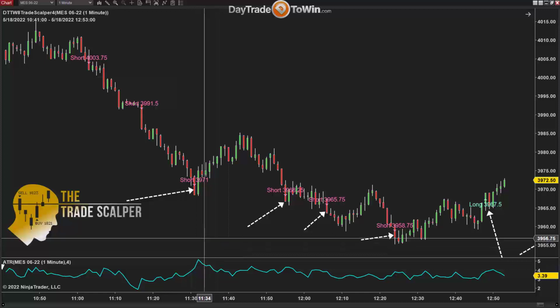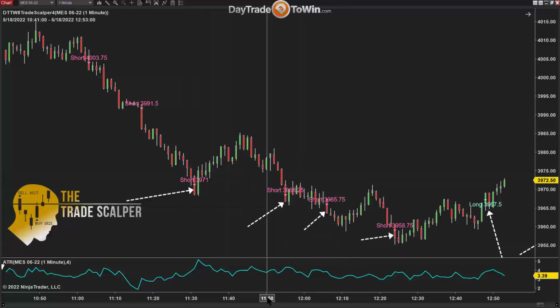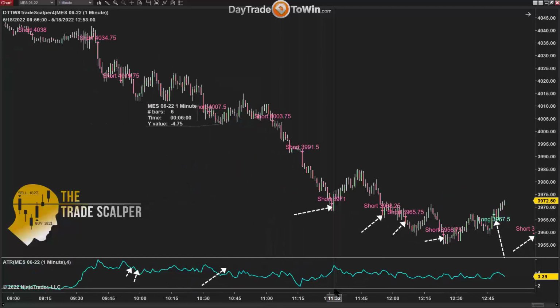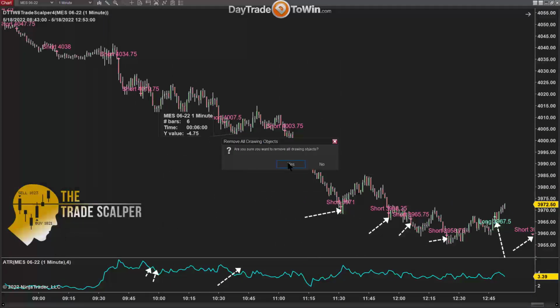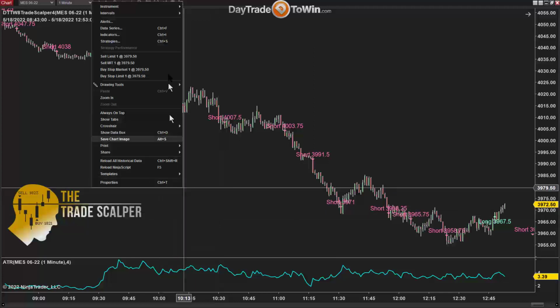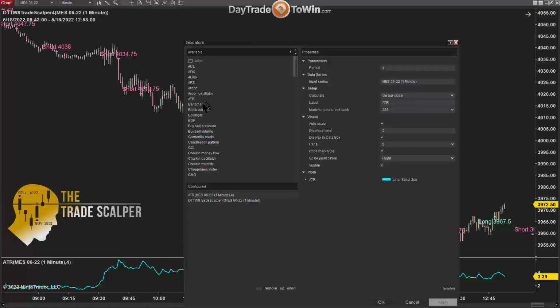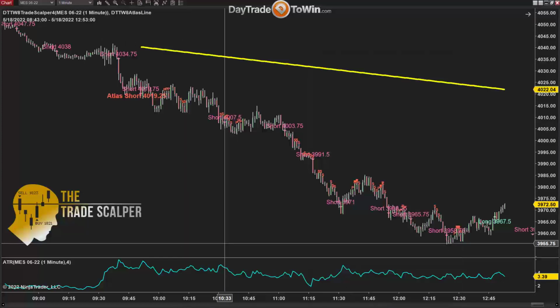Pick and choose the signals, and especially when it comes to putting it all together. And I'll give you another example. A lot of traders say, well, how do you put this all together, right? You sell a few different types of software, right? The Atlas line, the Trade Scalper, and so on. So putting it all together, let's say that you have, and some of you do have the Trade Scalper and the Atlas line, just 2 pieces of software, or you have all of the software. So if I added here the Atlas line, and to see if it aligns with opportunities using the Trade